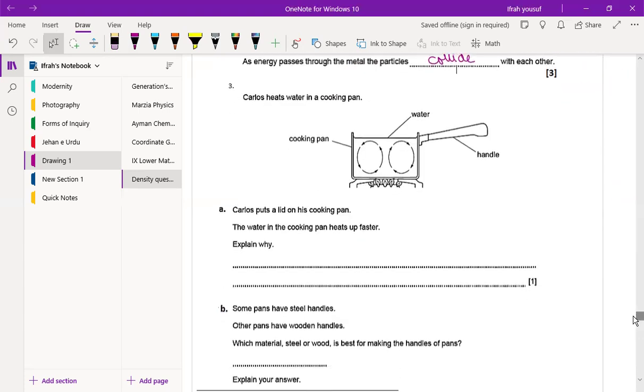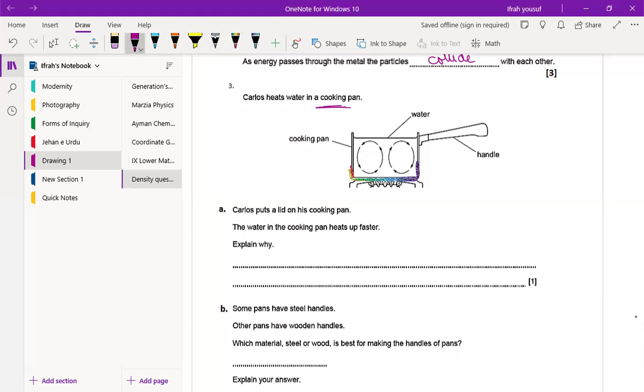What about Carlos put a lid on his cooking pan? The water in the cooking pan heats up faster. Explain why. You can see the cooking pan. The cooking pan is always made up of what? Cooking pan is always made up of solid. Yes, I know that it is made up of solid, but